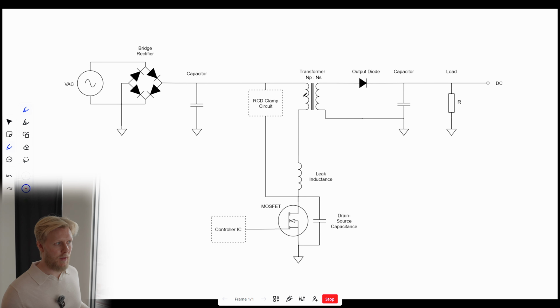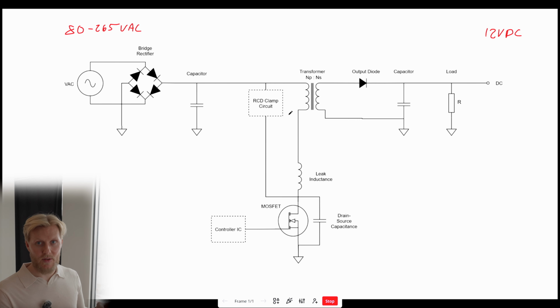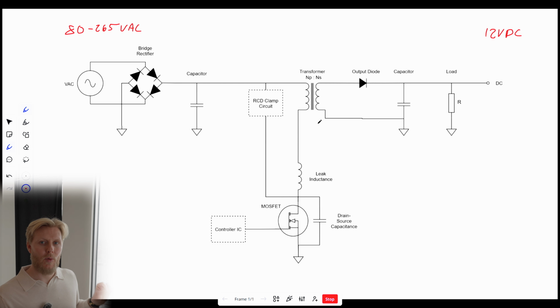So what happens here in order to get, for example, between 80 to 265 VAC over to, let's say, 12 volt DC. In order to do that, we use this circuit and we use its components. Last video I looked through the stages of an AC/DC switch mode power supply, and right now we'll look into what components